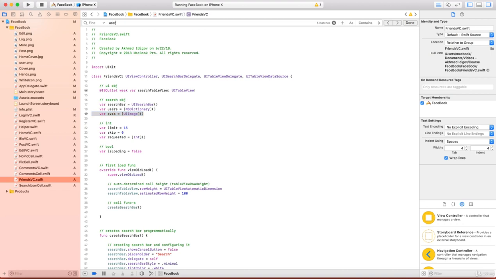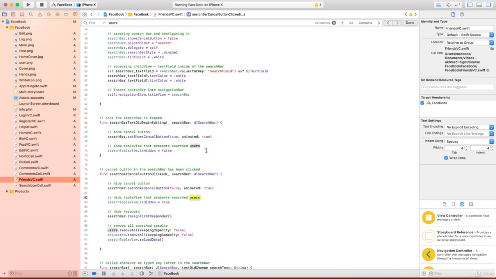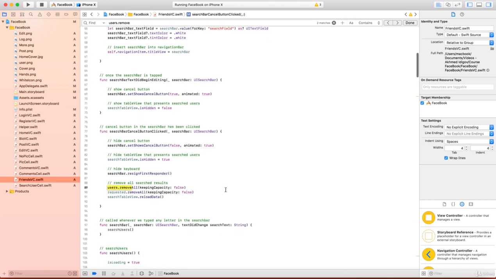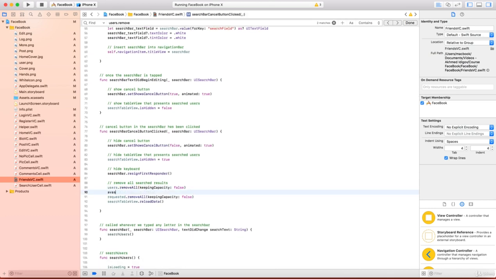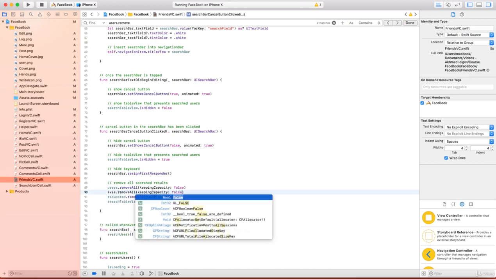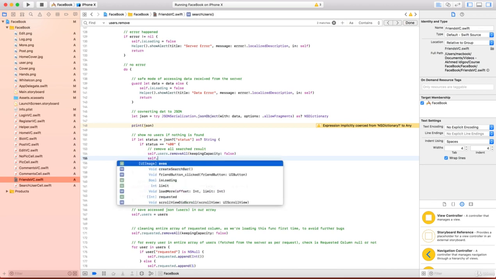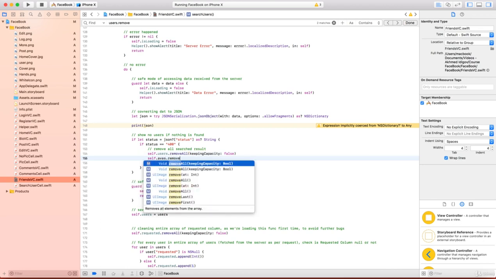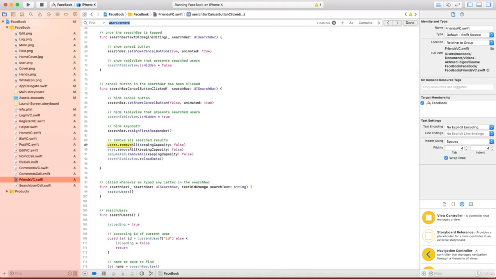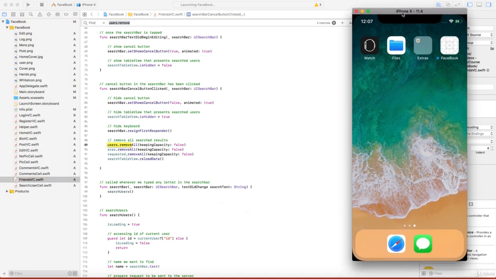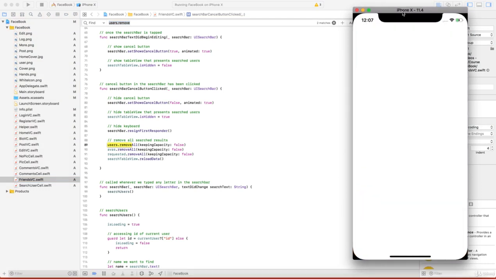So what I will do, I'll search now for users.remove all, and after that immediately I will clear avas.remove all, keep capacity false. And we're doing the same in all of the cases. After users we are clearing avas as well. Okay, very good. So we can build and run and everything will work perfectly fine, and after that we will head to the